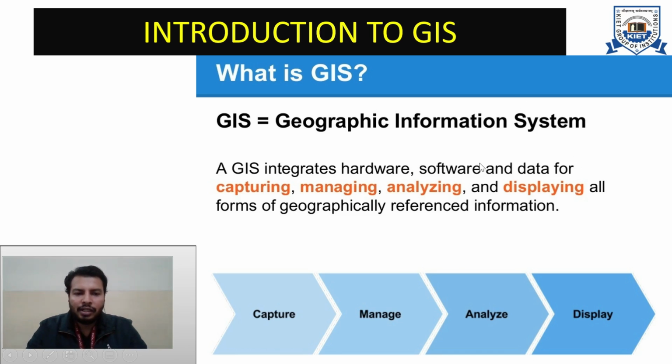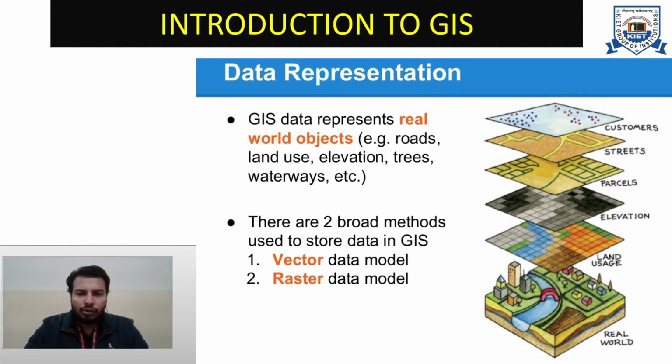We will be discussing this GIS system in detail when we come to Unit 5. But if we want some idea of what a GIS based system looks like, or what the results look like, we can get it through its representation, that is, how to represent data in GIS. In this photograph, we can see one bottom image that is of the real world. So you are converting or modeling this real world into a virtual type of data. How will you do it?